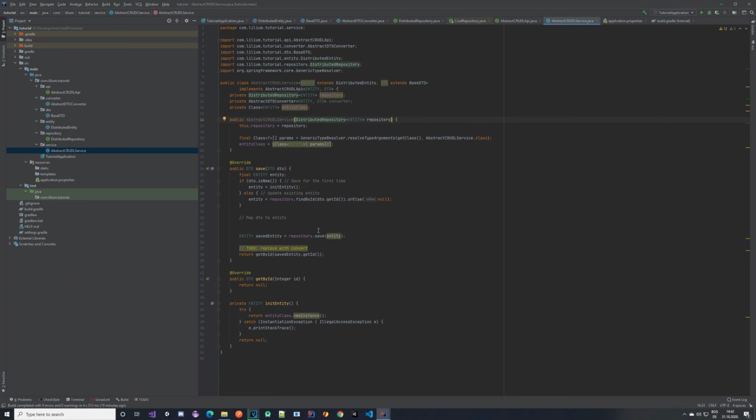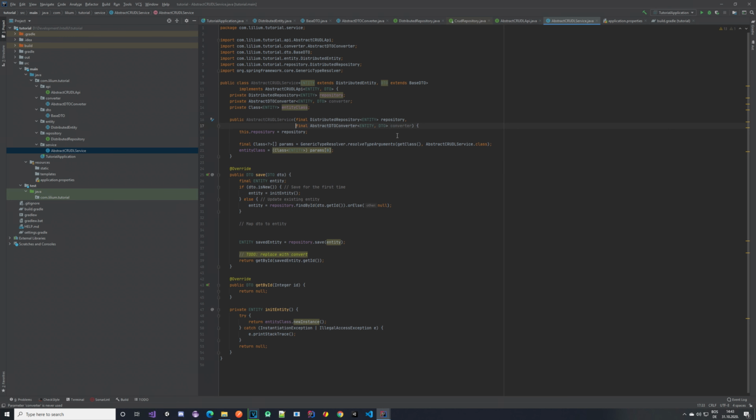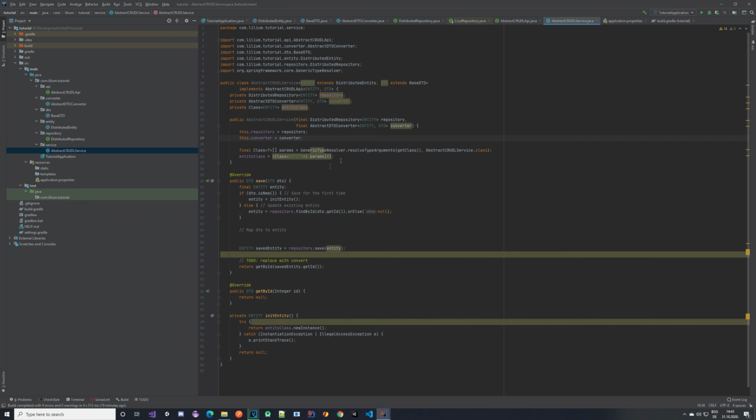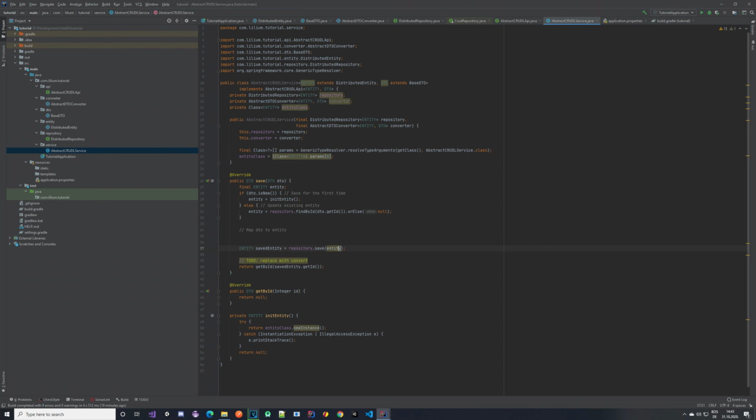Here we can make this final, and we can say final AbstractDTOConverter, again entity DTO, and converter. We can break the line here and we can do this.converter equals the converter that we are passing in. Perfect. Now we have our converter here,